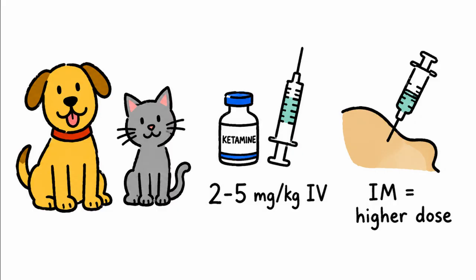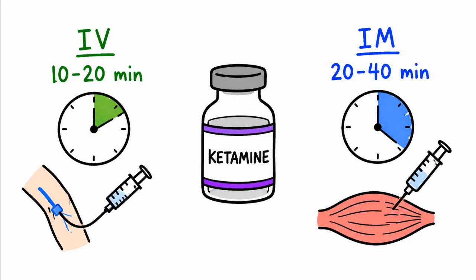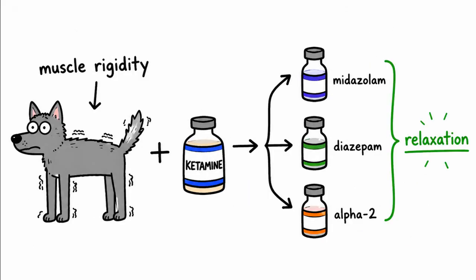In dogs and cats, ketamine induction combinations are commonly around 2 to 5 mg per kilogram IV, or higher by intramuscular route depending on the protocol. IV effects often last about 10 to 20 minutes, while intramuscularly effects can last closer to 20 to 40 minutes. The downside is that ketamine causes muscle rigidity and poor muscle relaxation, so it is usually paired with midazolam, diazepam,